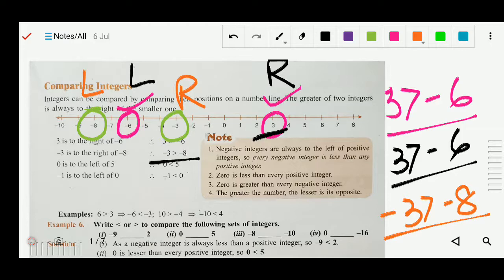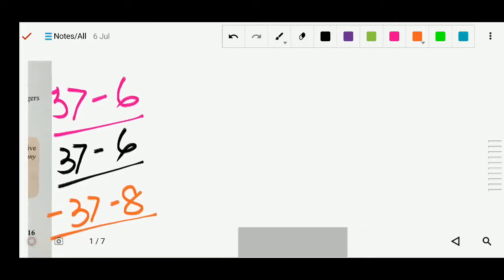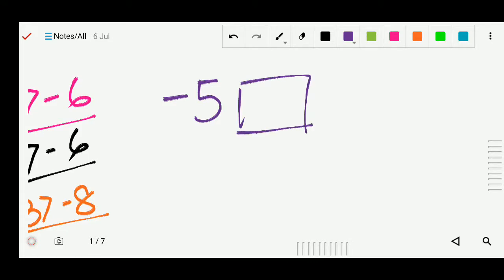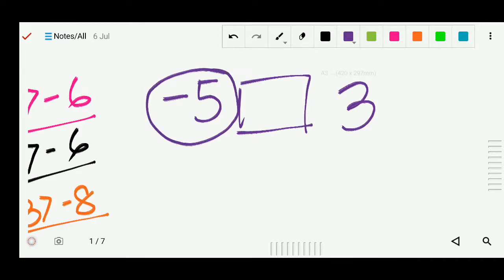Or I can give one real idea to compare numbers. You can also understand it by this. Suppose I have to compare -5 with 3. Here is the -5. Suppose this person has borrowed, meaning अभी इस -5 वाले ने किसी से कर्ज लेके रखा है. He is in debt, इसने पहले से कर्ज लेके रखा है, किसी से मांग के रखा है. कितना रुपया? 5 रुपया मांग के रखा है.